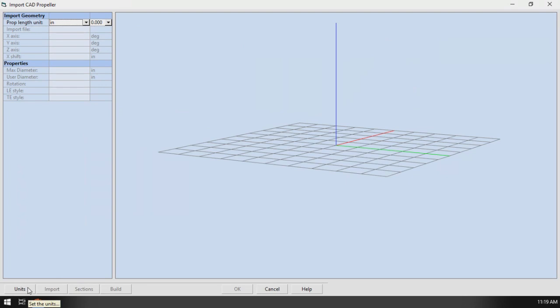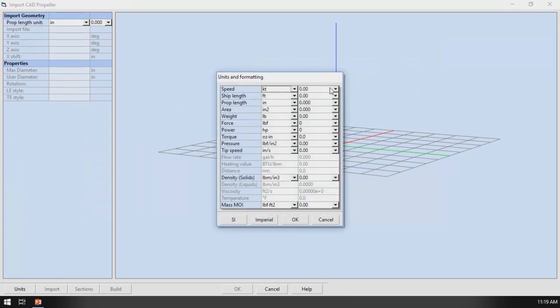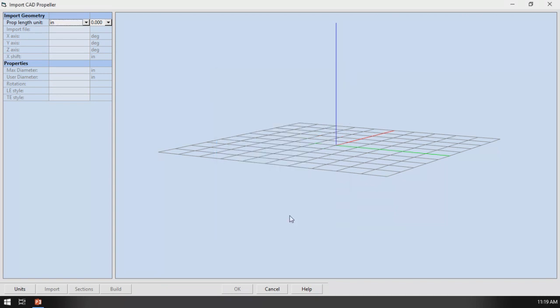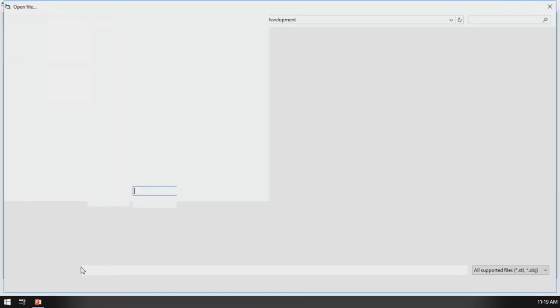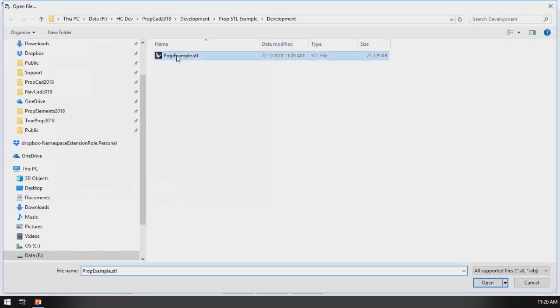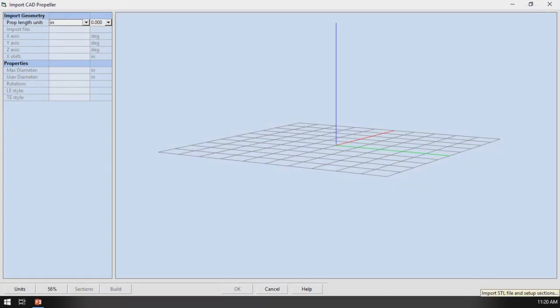The first thing to do is to select our units. We want the propeller to be in inches, so this all looks okay. And we also need to select the units of our file that we're about to import, which is also in inches. The next step here, you'll see once we've pressed units, the import button has become illuminated. We can select import, and we can go and grab our file. As soon as we hit open, we see the file is being imported in here in percent, and we'll get